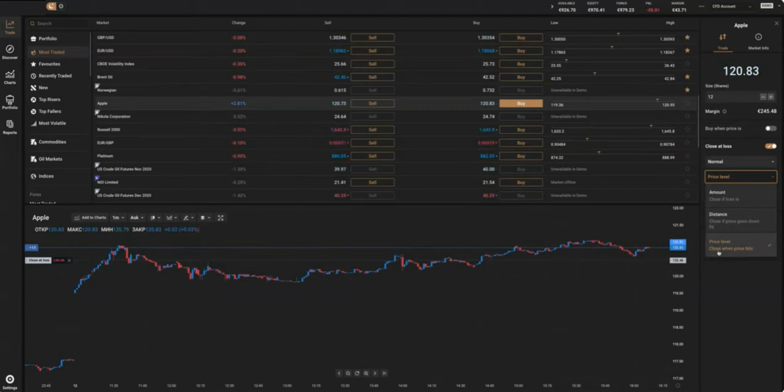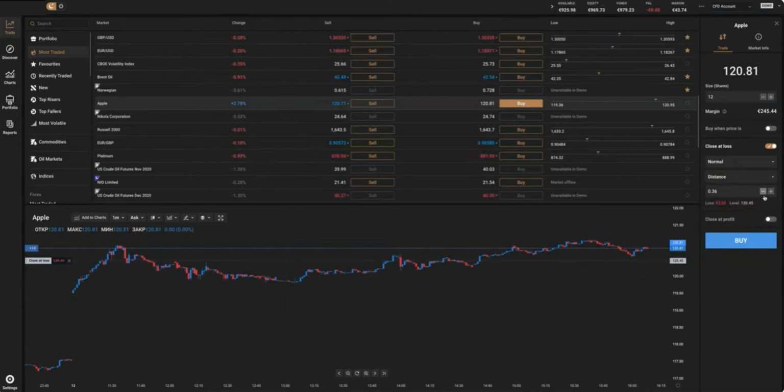So price level, you want your position to be closed when price hits a certain level. All right, you can modify it any way you like right here. And the second option is distance. If price goes down by a certain number,